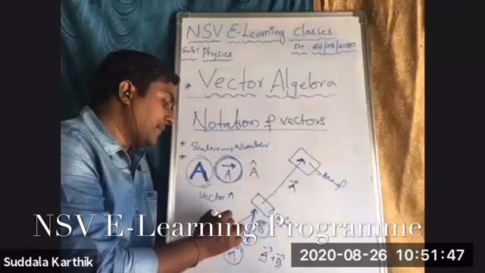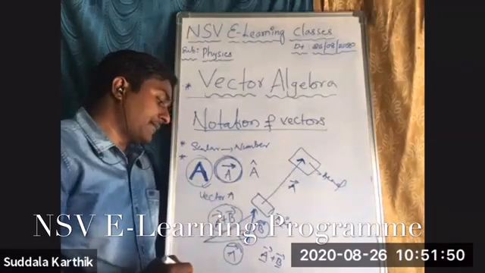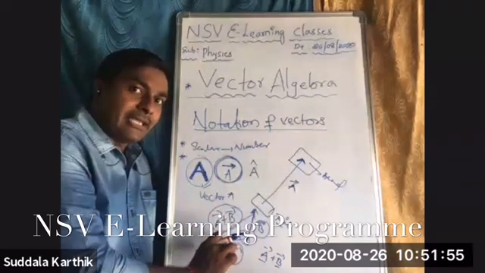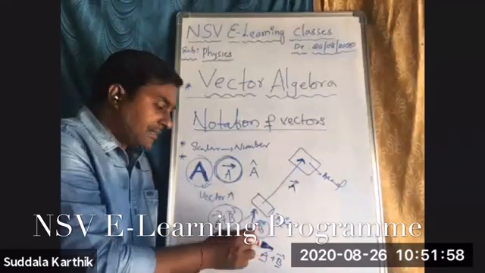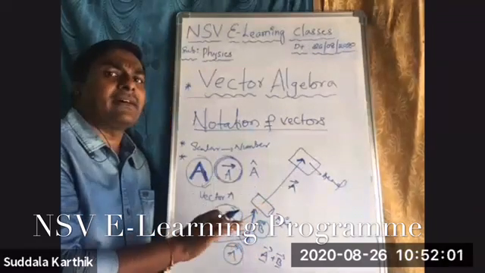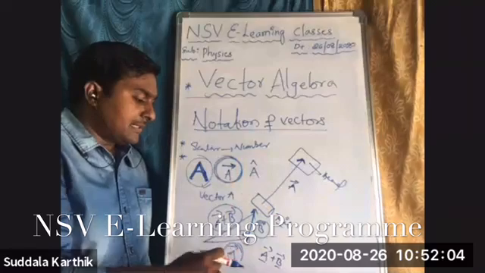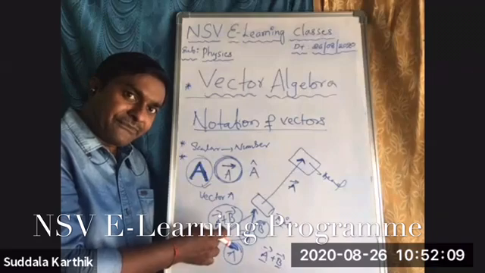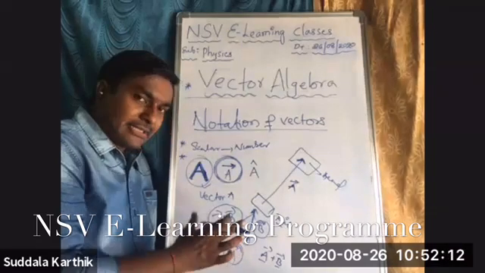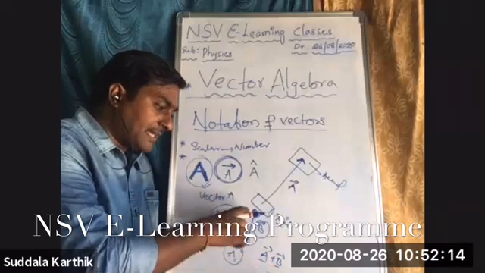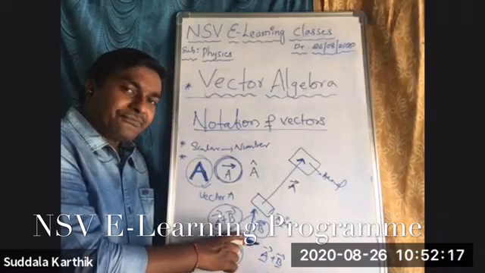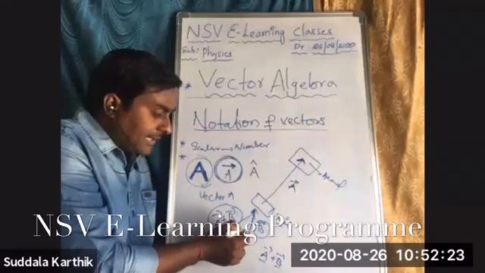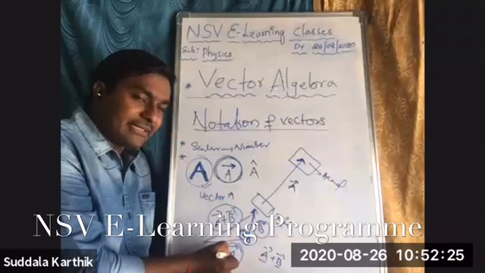Let it be A bar plus B bar, Nana. Yes, this is the A bar vector, this is the B bar vector. Then these two vectors I am adding by the vector law of addition. This is also called the triangle law of addition of vectors. Suppose I want to add vector A and vector B: first you have to place vector A like this, and the tail of vector B is placed at the head of vector A like this.